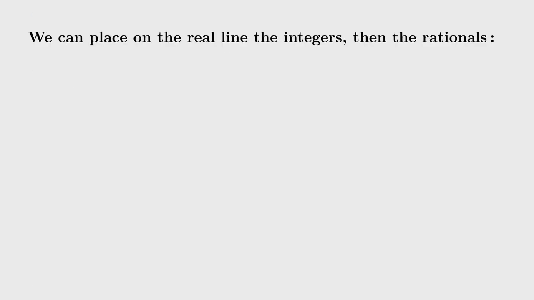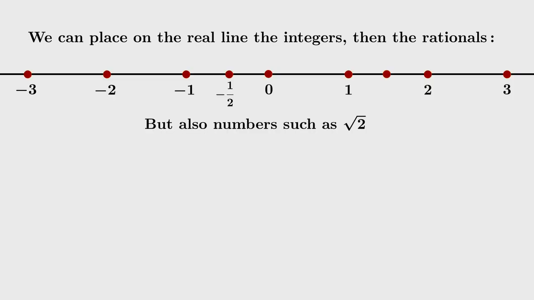Now, we can locate numbers such as root 2 on the real line in a useful way. Here's how it works. We give ourselves an infinite horizontal axis. We're going to be calling it the real line. We choose a point on this line where 0 will be fixed. Now, once we have selected a unit distance, 1 unit distance, we can place all the integers subsequently. We put the positive ones to the right and the negative ones to the left.